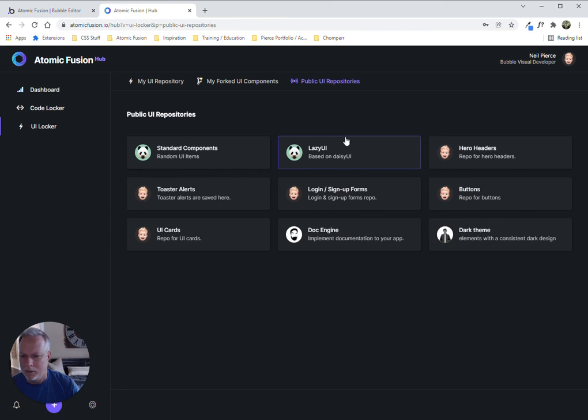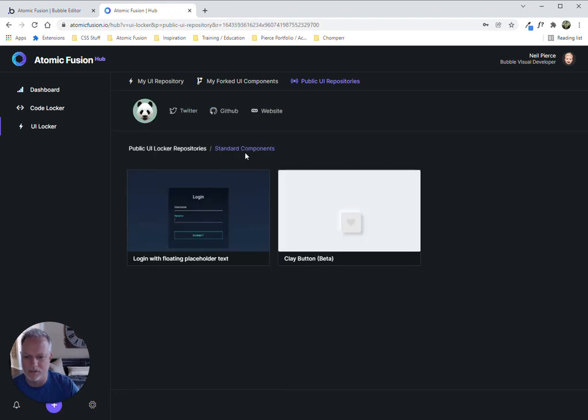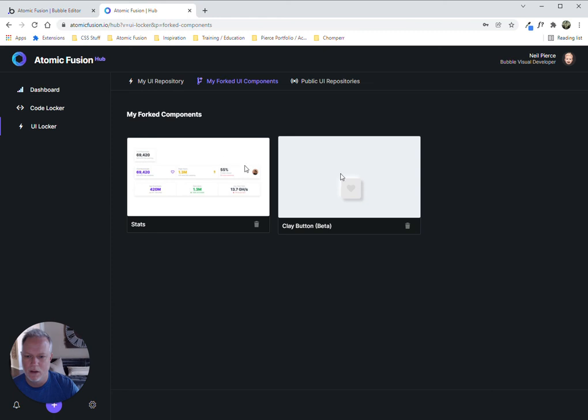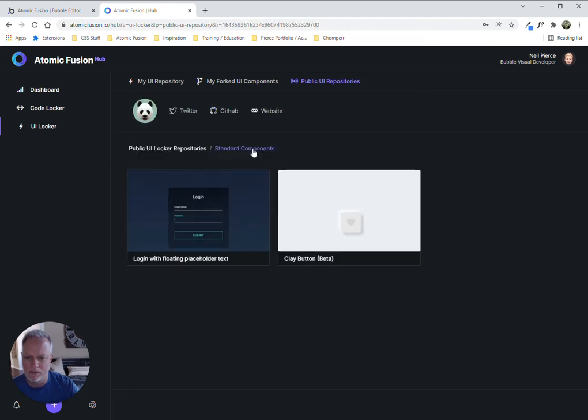So let's go check out, I know Beck here has some stuff. So let's go check out some of his stuff. I don't think I've got this forked yet. So you can also look at your forked components and, oh, I do have it forked. So you can tell real quickly what you've already got forked. So let's grab this cool